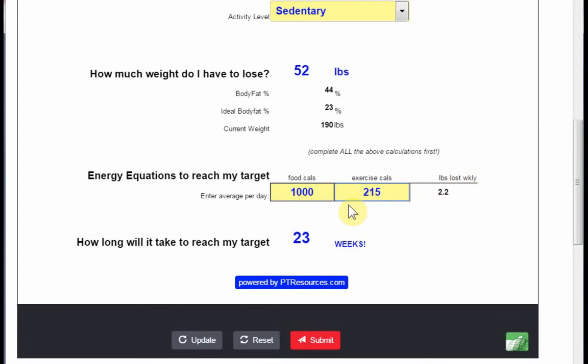So that's not realistic here. You're expecting her to do a 300 calorie workout 5 times a week, and you're only putting her on 1,000 calories, and this is going to throw this off. So make sure that this number is under 2.0. That's just a suggestion that I am giving you to keep this prediction realistic, because obviously the worst thing you